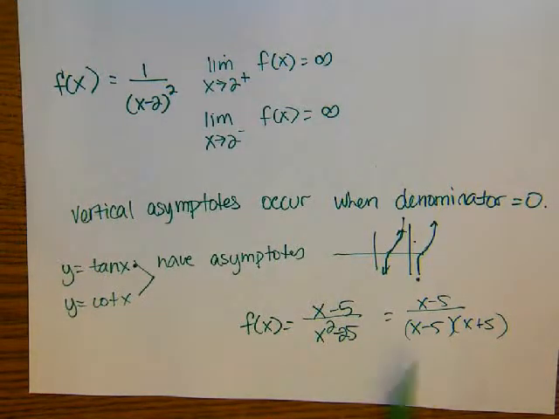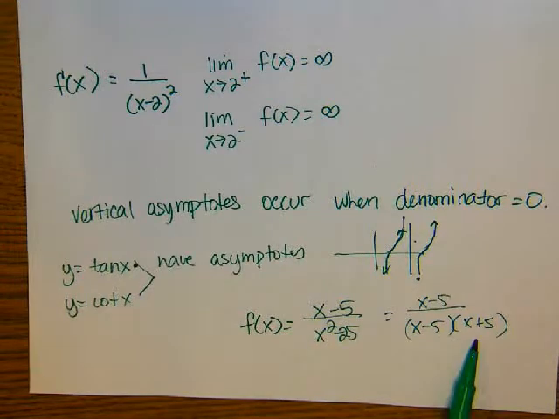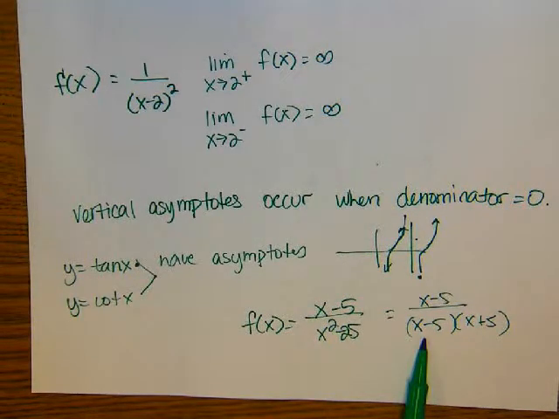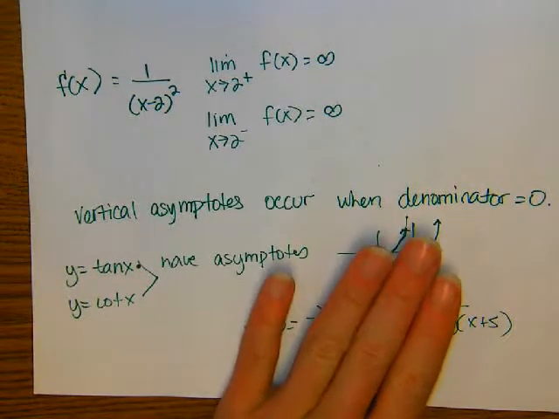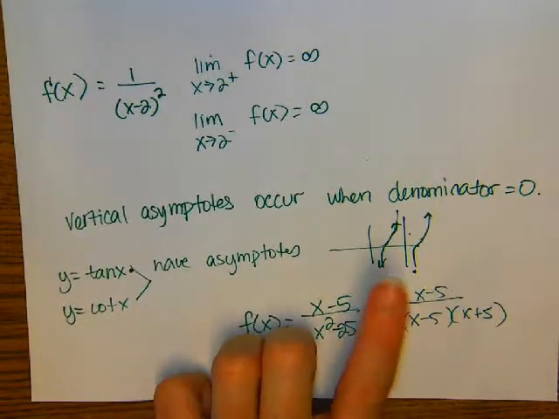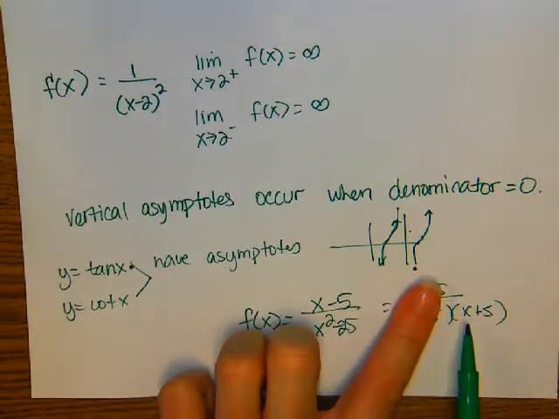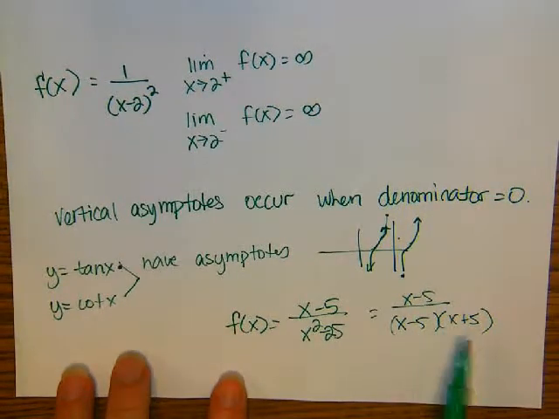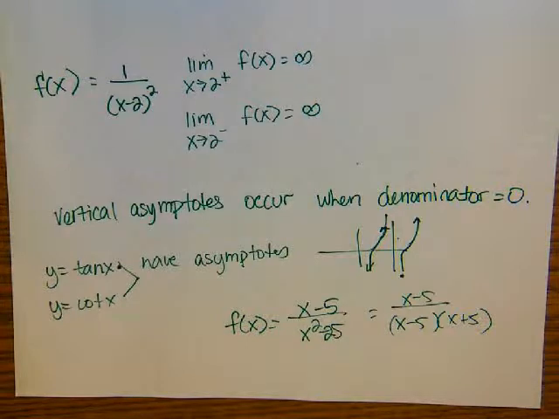Which one is going to be a vertical asymptote then? X equals negative 5 will be a vertical asymptote. This will just be a hole in the graph, okay? And if you wanted to figure out what this limit is, we've done that before. We would cancel, right? And we would actually put in a 5. It would go to 1 over 10. But yeah, so knowing that if it's removable, that would just be a hole in the graph, not a vertical asymptote. Okay,